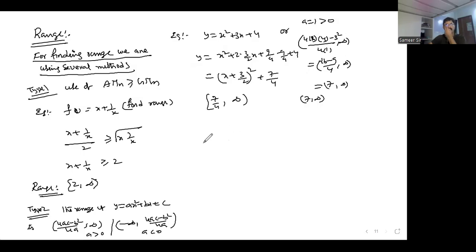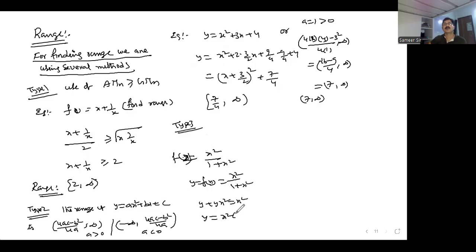तो फार्मूला भी यूज कर ले या ये यूज कर ले। टाइप 2 था तेरे पास। अब देख भाई, टाइप 3 है। एक एग्जाम्पल देके बता देता हूँ। अब यहाँ पे देख भाई, y इज इक्वल टू f(x) लेके सिंप्लीफाई करते हैं। y इज इक्वल टू x स्क्वायर बाय 1 प्लस x स्क्वायर, ऐसा f(x) फंक्शन दिया। तो तू y इज इक्वल टू f(x) ले ले, 1 प्लस x स्क्वायर ले, तो y प्लस y x स्क्वायर इज इक्वल टू x स्क्वायर, x स्क्वायर इज इक्वल टू y बाय 1 माइनस y।